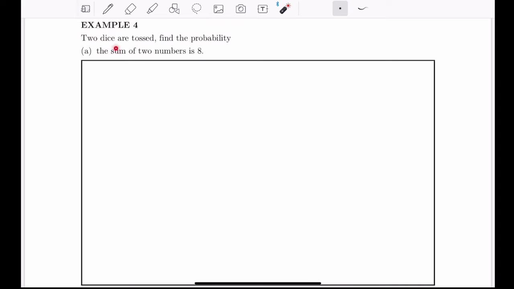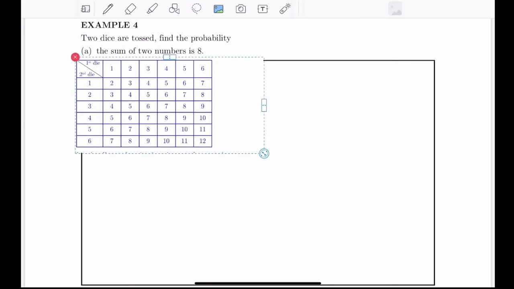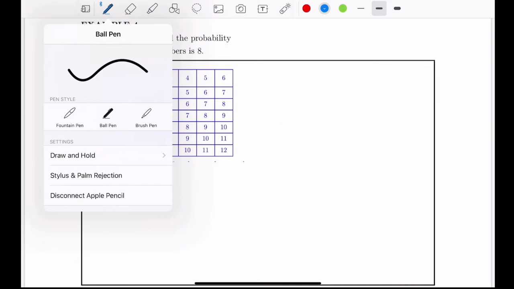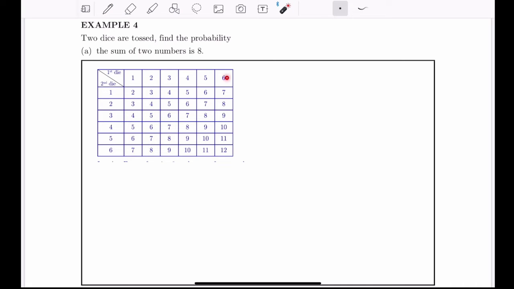Example 4. Two dice are tossed. Find the probability that A, the sum of two numbers, is 8. Okay, so for this experiment, we're going to use table. Okay, this is what your table should look like. For the first row, we're going to put the first die. For the first column, we're going to put the second die. The outcome is sum of the outcomes when we toss the